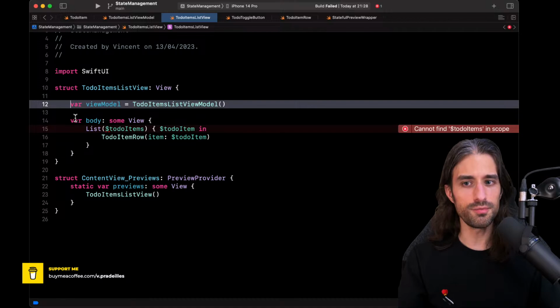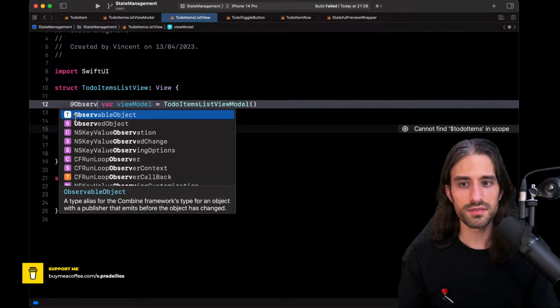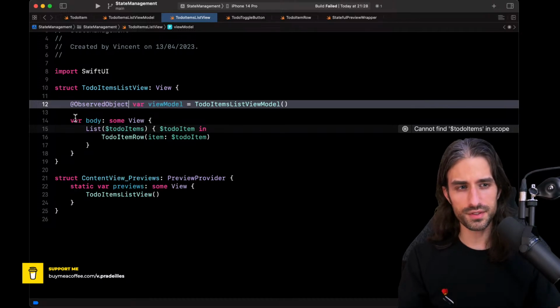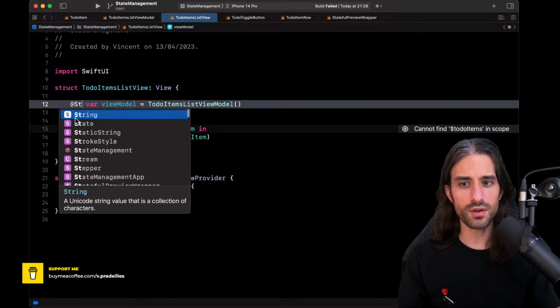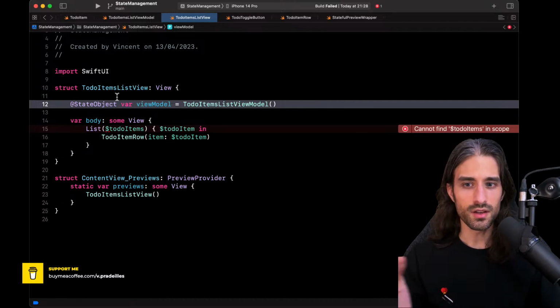And here it can get a bit confusing because there are two different property wrappers that you can use. There is first @ObservedObject, but there is also @StateObject. This can be confusing when you don't know the difference between the two of them. What's kind of nice is that it's the same logic as between @State and @Binding. @StateObject is the same thing as @State. It means that the list view owns the view model.